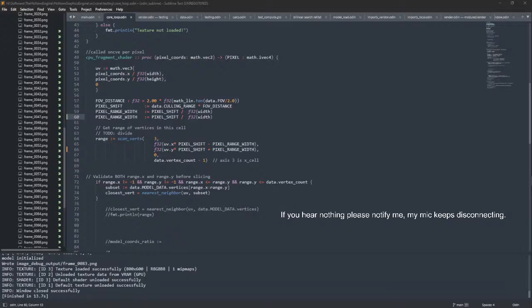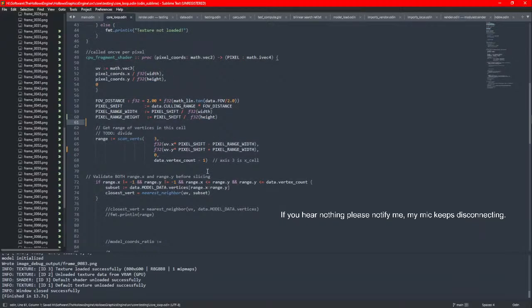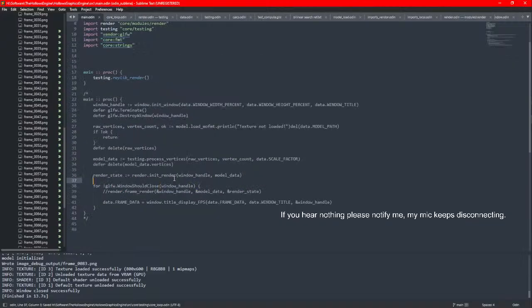Okay, sorry, back. Where was I? Yeah, I was fixing this. It's not width, it's height. The second one, I need a height version. Pixel shift, yeah, there we go. It should do. And here it needs update. Pass in the height, please. Yeah, there we go. Now then, control